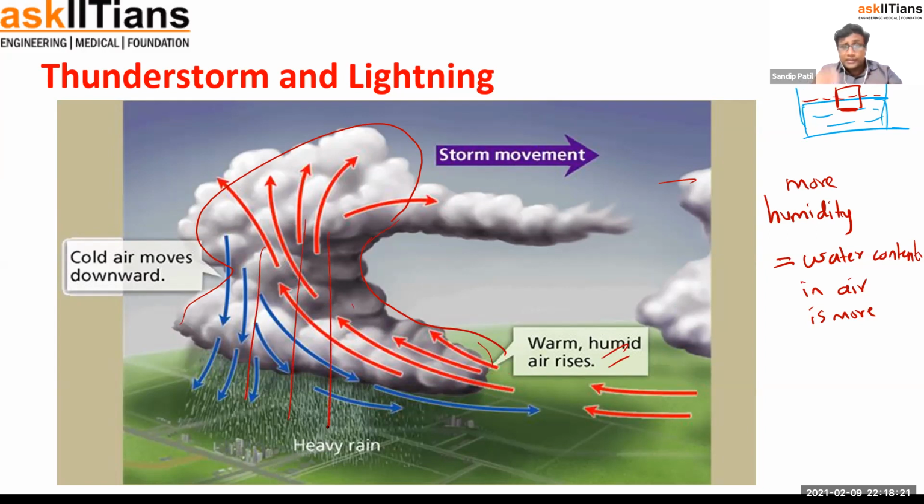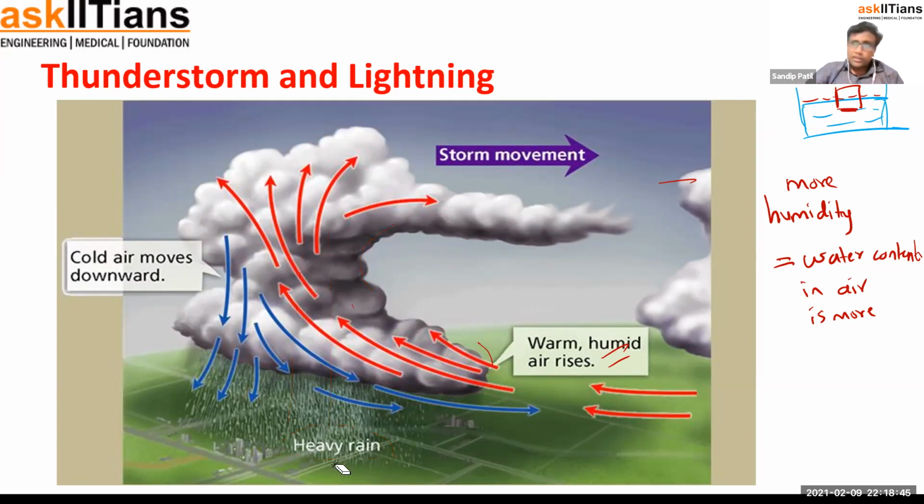And now that is a limited area, right? If the area is limited, the whole water content in that cloud is going to fall towards the ground. The speed of those water particles is very high, and as it is a limited region, a limited space, very heavy rain is going to pour down.